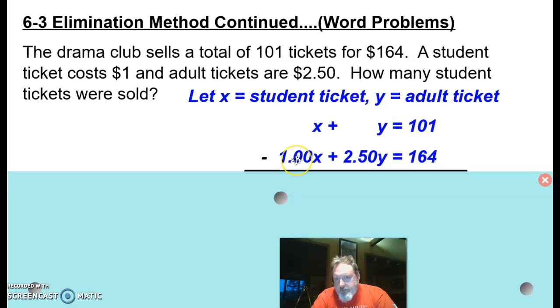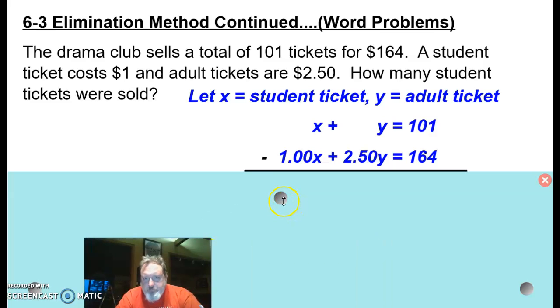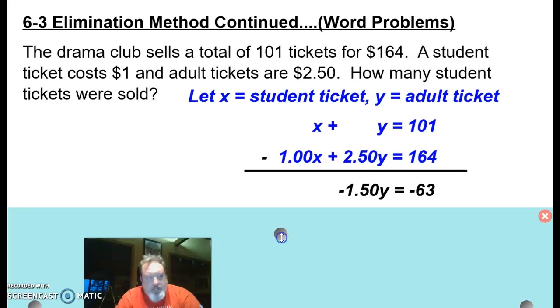So it was $1 for a student ticket, $2.50 for an adult ticket, for $164. Now you'll notice this is 1x and this is 1x. So that's why we're going to subtract here. That will actually cancel those x values out. And so when we do that, we get negative 1 point